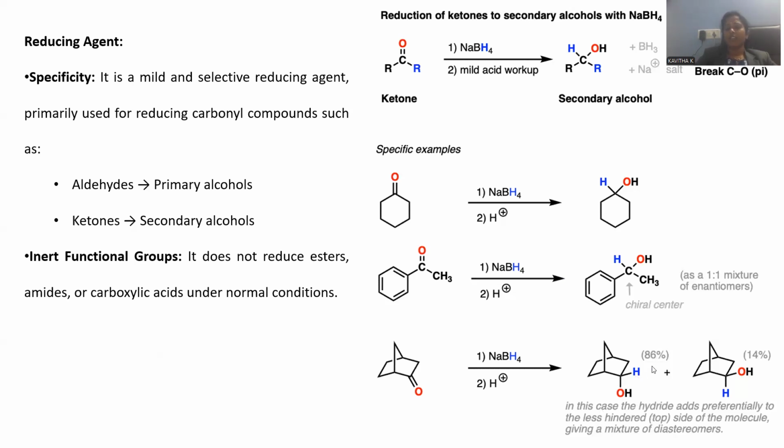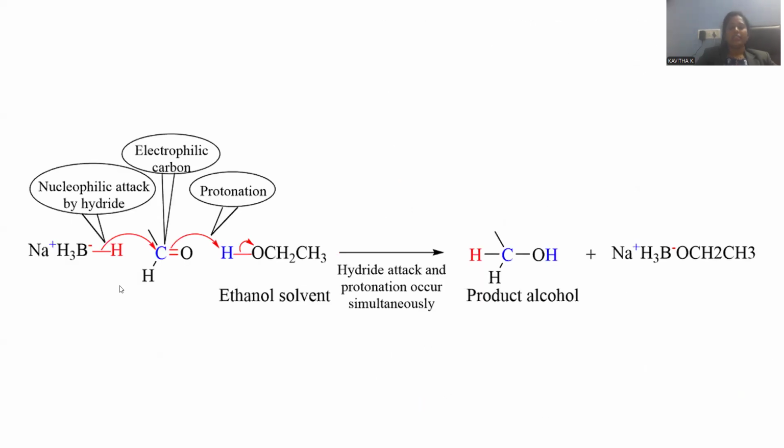That's the reason why equatorial hydroxyl is preferentially formed, 86% in comparison to the axial. This is the way the stereochemistry of this complex is also explained in the case of norbornane type of compounds. Here is the mechanism provided in order to convert the aldehyde into a primary alcoholic compound. Whenever aldehyde functional group was taken as a starting material, we need to add sodium borohydride.